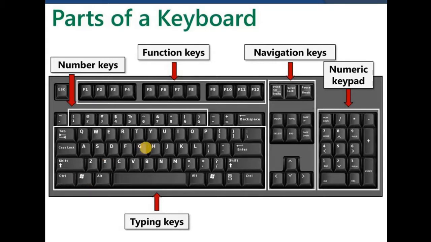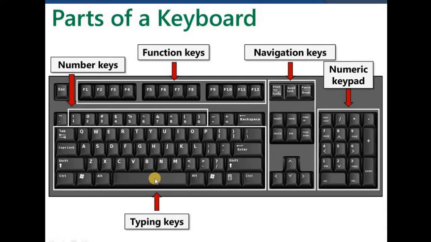Similarly, we have this Shift button. For example, when you want to select everything in a document, we can use Ctrl A. When you want to copy something and paste it somewhere, we can use these. Whenever we are using these special keys, we use two buttons simultaneously, like for copy and paste. For copying, we use Control and C together, and when you want to paste it in some other directory or folder, we use Control V. We need to press them simultaneously.